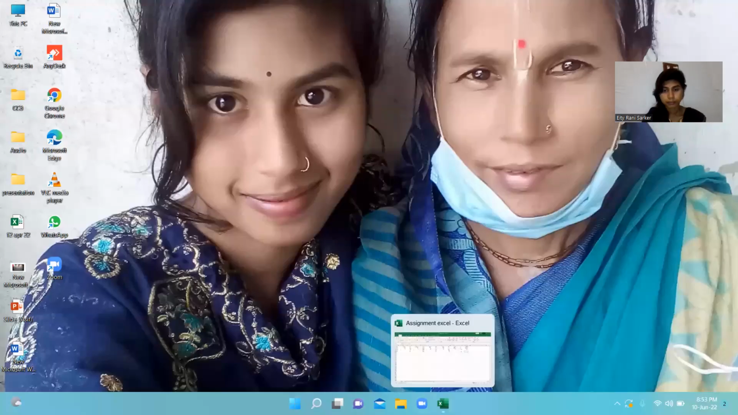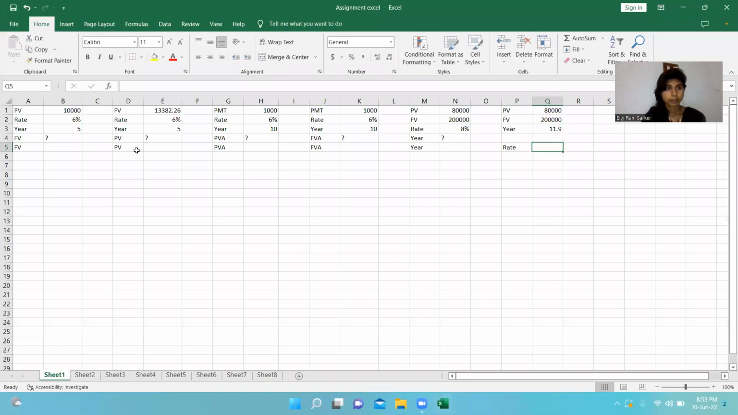Time value of money is the concept that a sum of money is worth more than the same sum will be at a future date. So for calculating the time value of money, share the screen and open Microsoft Excel, opening the